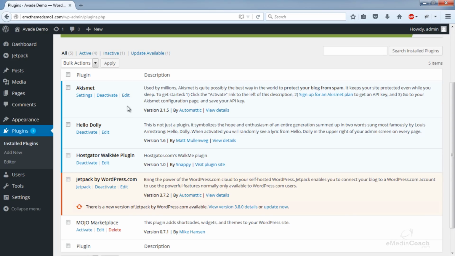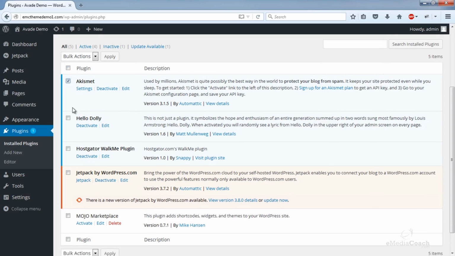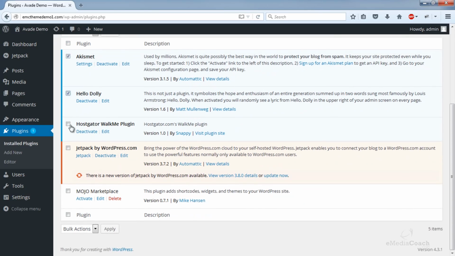By default, a bunch of plugins are installed when you install WordPress, and to be honest, you don't really need them, and they create more mess than good. So I'd like you to deactivate them. If any of these are active or installed, just select them, go to the drop down, choose deactivate, and then click apply.